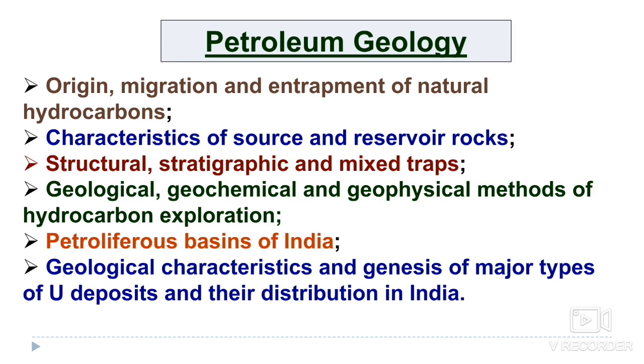Okay, like Assam basin, Bombay High, Cambay basin and Krishna Godavari KG basin. So these category 1 basins you have to study thoroughly, in which you also have to study the tectonic evolution. I think in 2017 or 18 a question was asked on the Krishna Godavari basin, that is the tectonic evolution of Krishna Godavari basin. So if you see the previous year papers, you will have an idea of the types of questions.